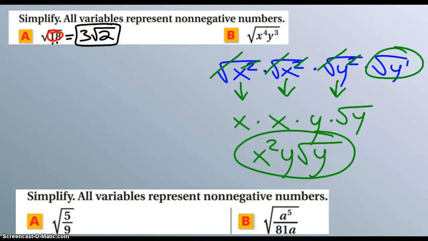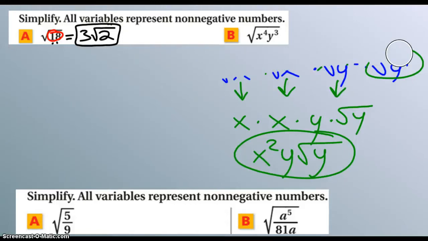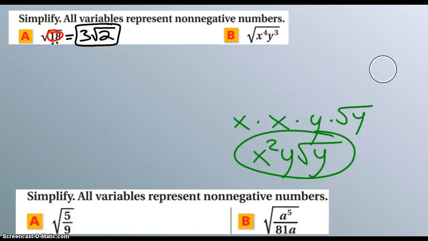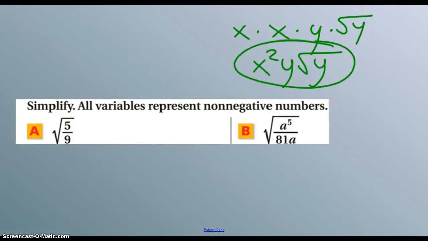There are different ways that you can go about getting that answer too. Some of you would know it right away. You'd say, oh, I know that if I look at x to the 4th, right away that's x to the 2nd under a square root. You can do it that way. So a bunch of different ways. Same thing with this. You can do this in fraction form as well. Real quickly, I could